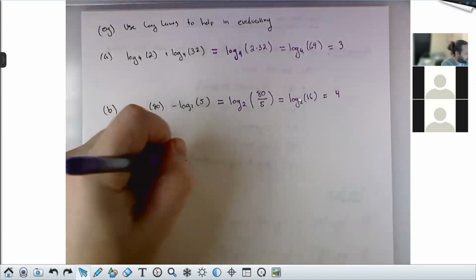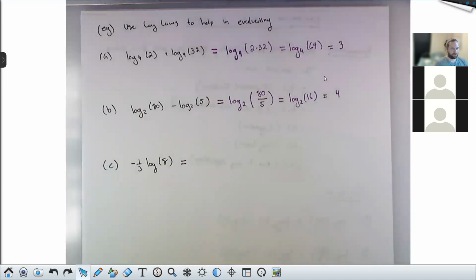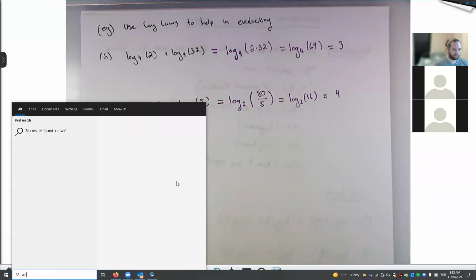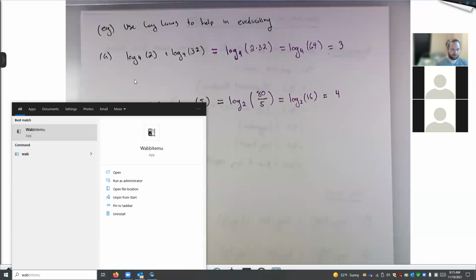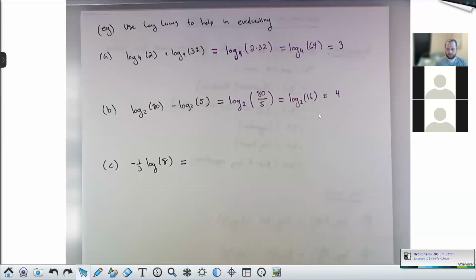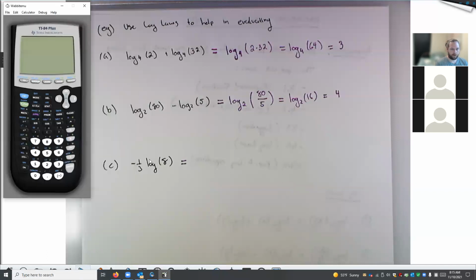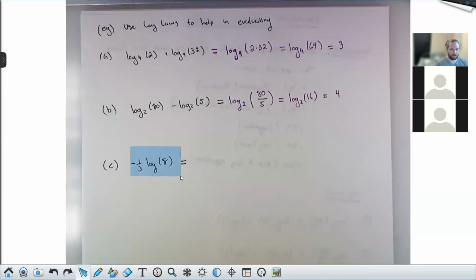All right, this next guy, I'm not a huge fan of, because like I said, there's no way of avoiding some calculator usage here. So I'm going to go ahead and launch. I couldn't find a TI-30 emulator. I was a little disappointed that we didn't have access to a TI-30 emulator through the Santa Fe kind of software package we get, but I do have an 84 emulator called Wabbit. So I'll show you how we're going to clean this up and then how you would enter that into a